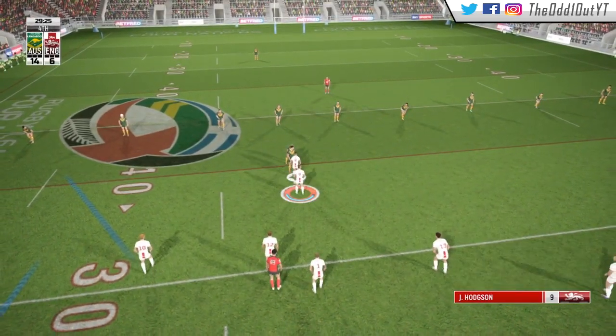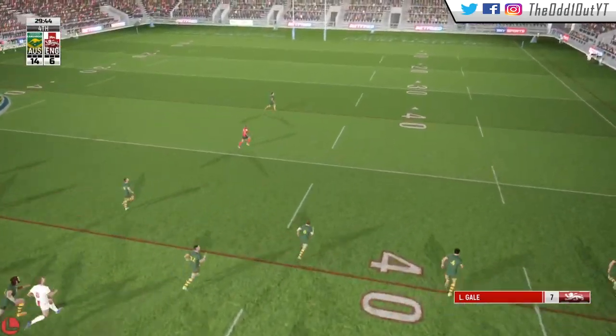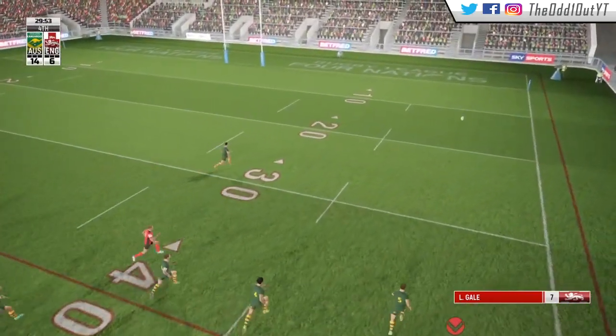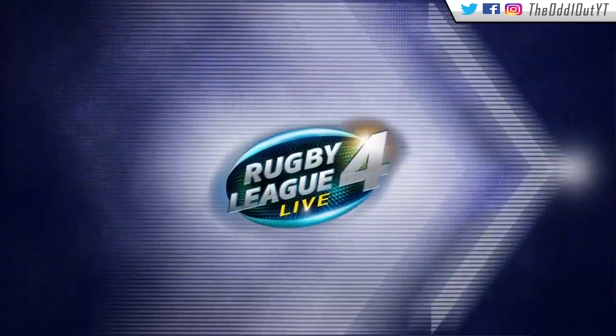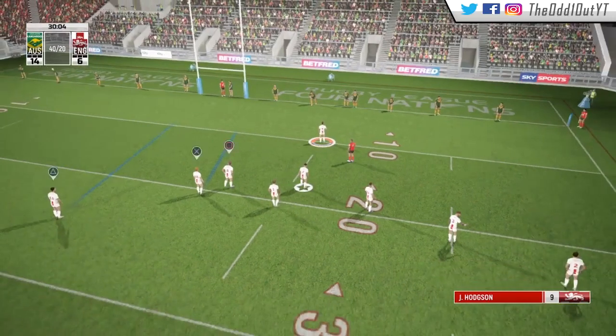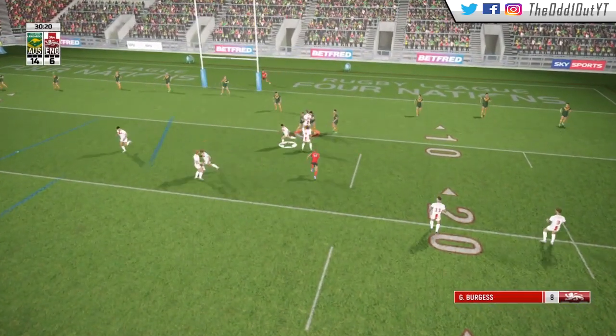So we size up our options to the left, we instead send it to the right. And Luke Gale's going to shoot for the corner. As you can see here, gets the perfect bounce as it trickles its way into touch for a 40-20. We still have plenty of time left in the half as we take the tap with 10 remaining, and it's